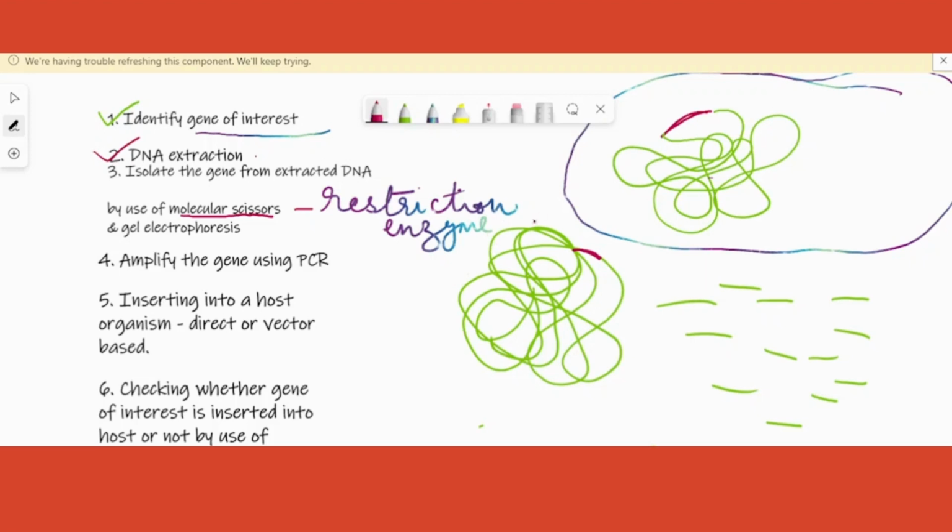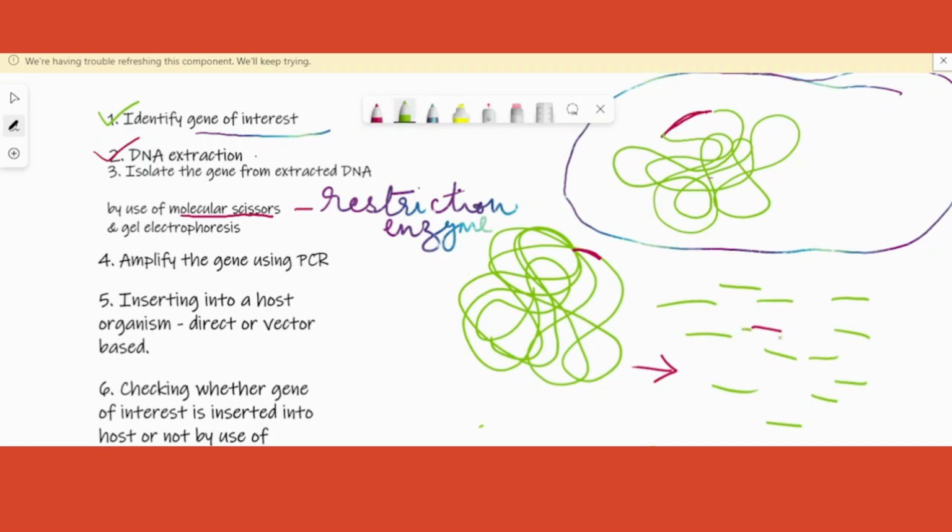Next step, you have to cut this out. For that, we use enzymes called restriction enzymes. They not only cut the gene of interest, they cut the entire genome or genetic material. When you cut, you get different fragments, and one of those fragments will have your gene of interest,